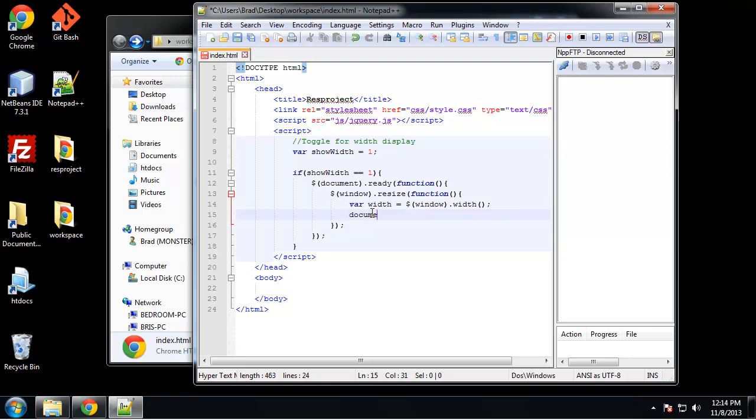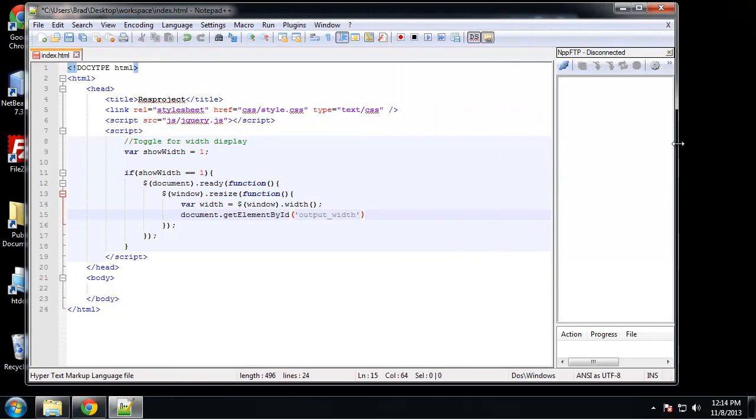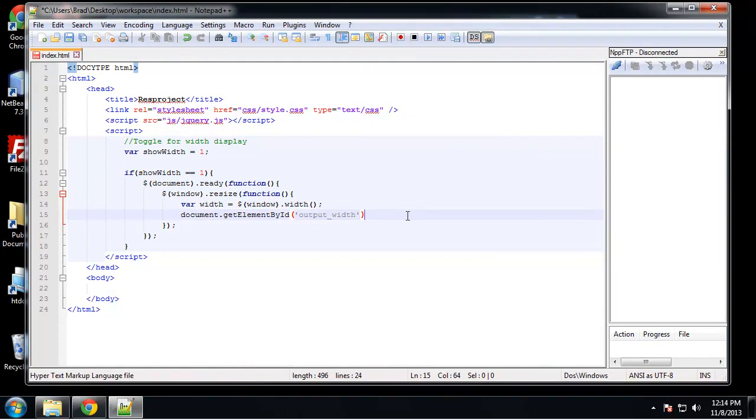So we're going to say document dot getElementById, and we're going to create a div which will be, let me see, we'll call it outputWidth. Let me make this bigger. Alright, so outputWidth, and then we're going to use the .innerHTML for JavaScript. So innerHTML,